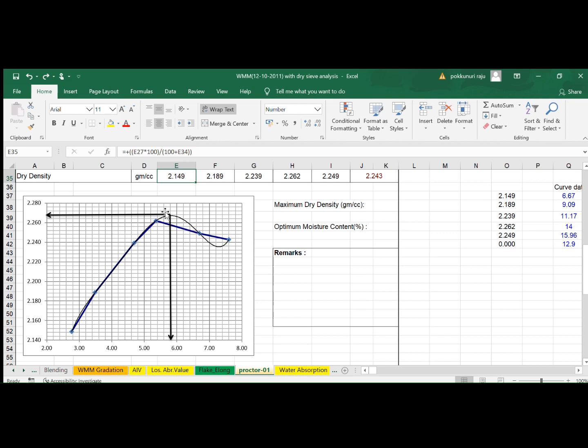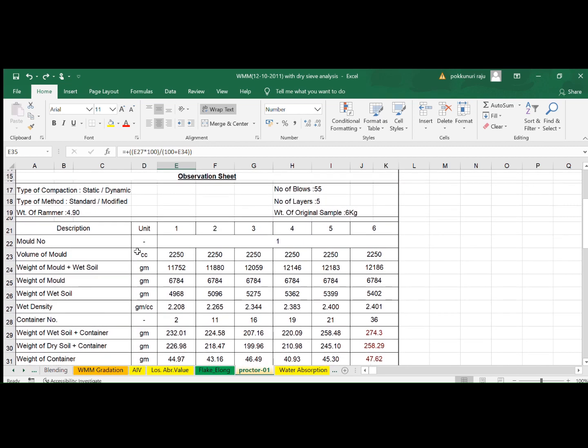Now when we draw a freehand diagram of MDD, the peak which we achieve generally gives you the maximum dry density of this particular mix or the WMM soil, and the corresponding moisture content will give you the optimum moisture content. For example, in this case it is between 5 and 6, so 5.8 is your optimum moisture content, and 2.26 to 2.27 is your maximum dry density in this particular case.